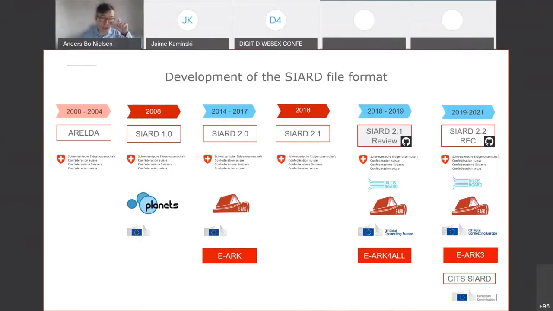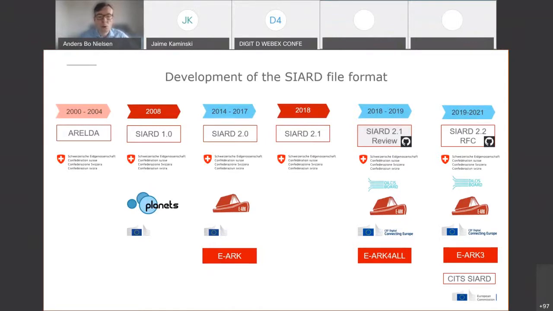Now, at the Danish National Archives, we found this format rather interesting. And in 2010, we created a Danish variant called SIARD-DK, which supported large objects, that's files, outside the SIARD file. We imagined that it would be a few years before a new version of SIARD supporting files outside the actual database would arrive, and then we could give up and retire our own variant SIARD-DK and go back to the common version. That did not quite happen like that, but nevertheless, in 2014 to 17, we had the